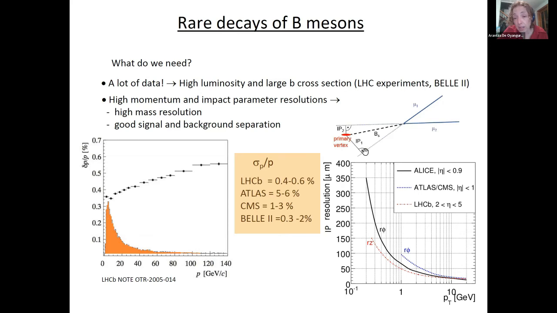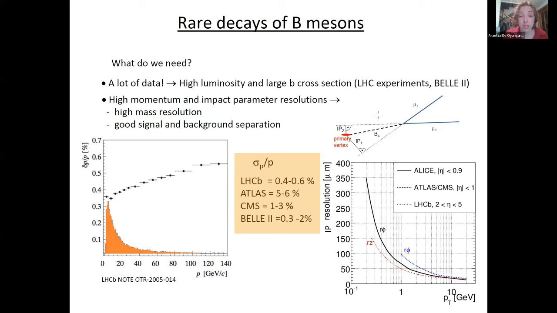But if I measure the impact parameters very, very precisely, this will tell me that this muon is not coming from the original point, but is coming from a Bs decay, and then I will be able to distinguish between a muon coming from there or a muon coming from here. Okay, so this is very important: to have a good